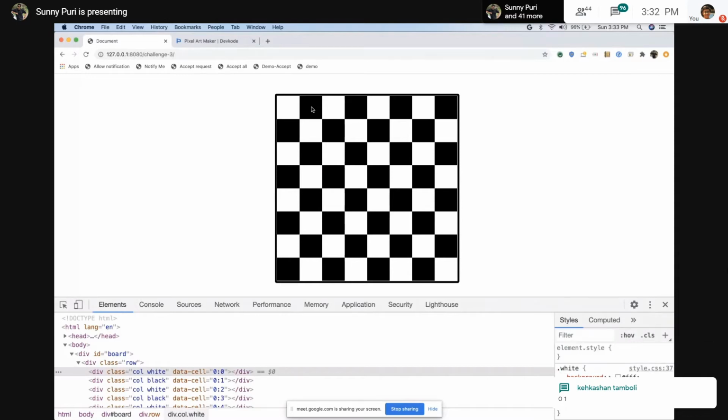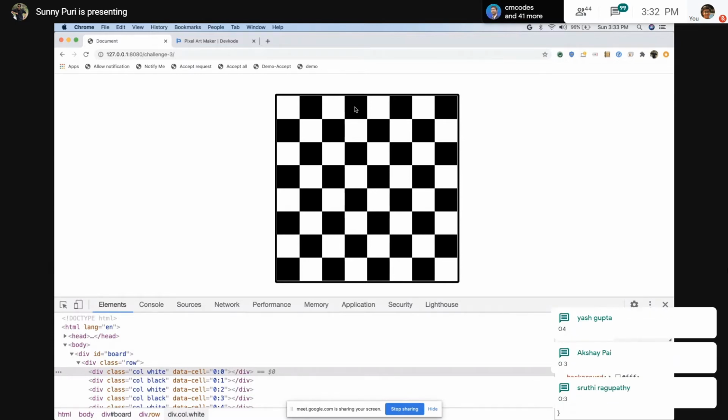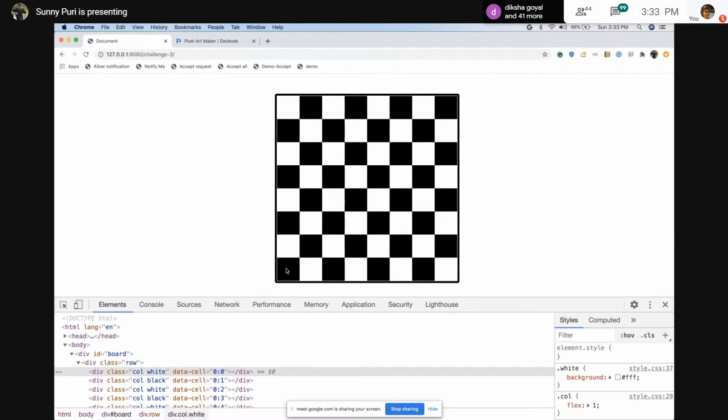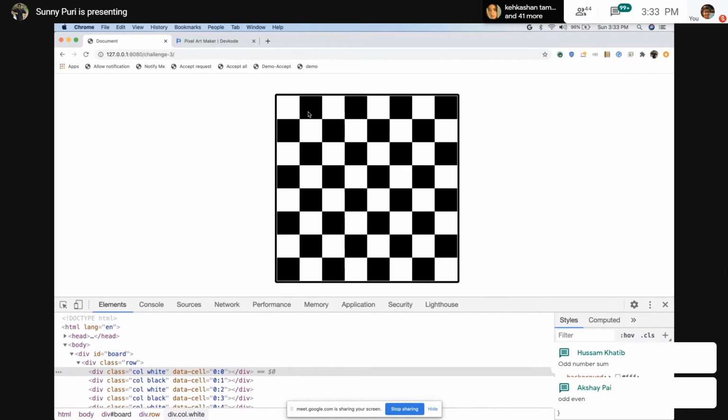This one is black, we are just considering black. 0 3. Okay, we are just considering black. This one, last one, 7 0. Are you getting any pattern? Like if we add row and column and take modulo by 2, it is an odd number.